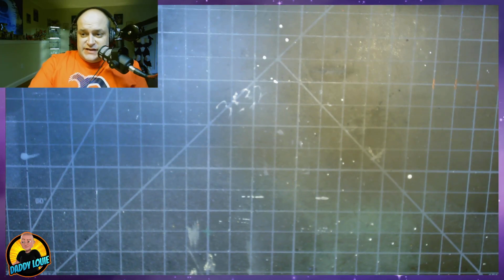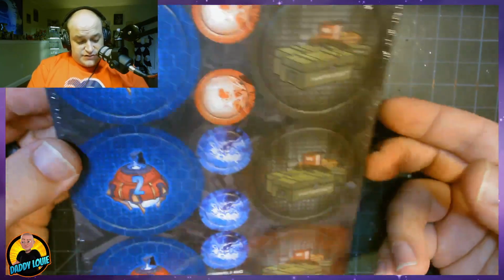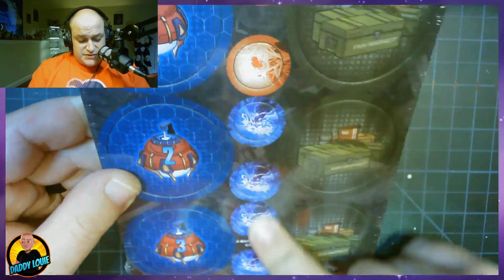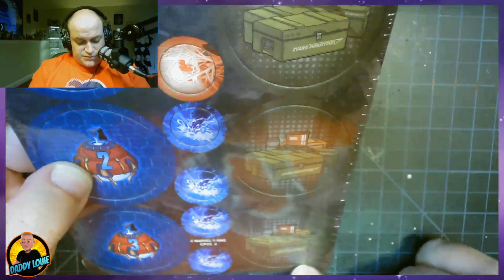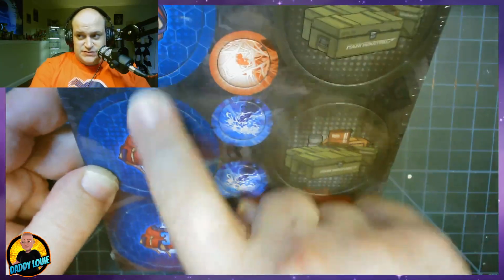So now let's take a look at what else comes in here. So we have some tokens. It looks like this may be a new status effect. This is some Stark Industries containers. And I'm not sure what